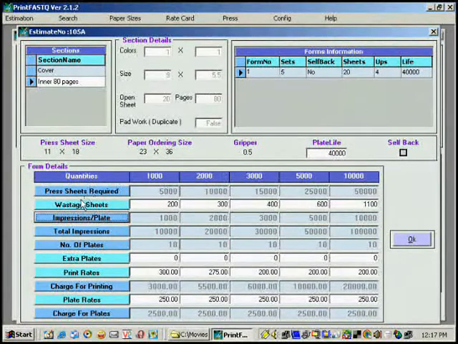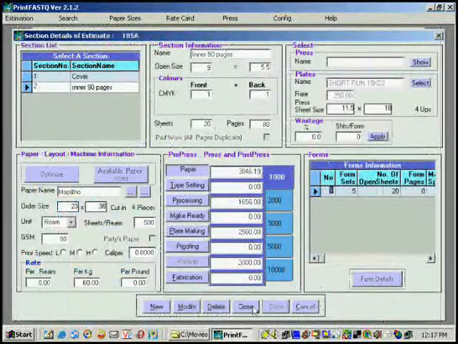For example, press sheets required, wastage sheets required, impressions per plate, total impressions, number of plates, extra plates if any, and the print rates automatically picked up from the press rate cards based on the number of impressions. This gives an inside view of the complete working of the section. Let's now have a look